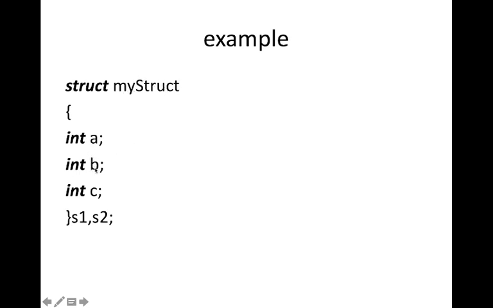Okay, they have three integer variables. Now, why I have shown this is how many bytes of memory will be used. When we declare like this, it means it has to store three integer variables. So s1 should be allocated 12 bytes, that is 4 bytes for this, 4 bytes for this, 4 bytes for this: 4 plus 4 plus 4 is 12 bytes.